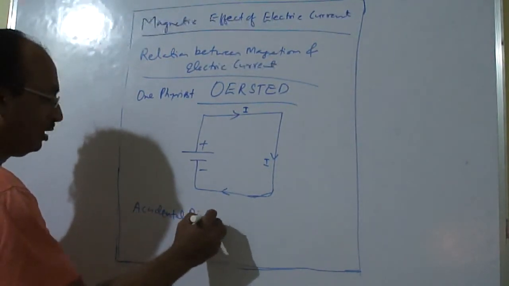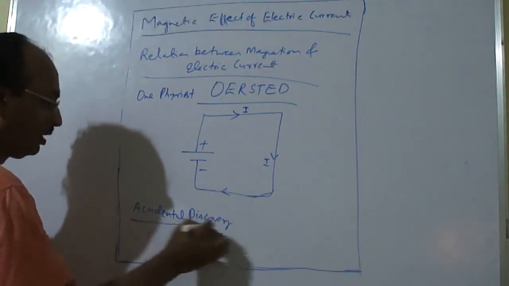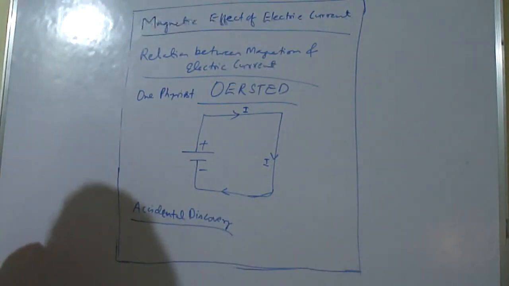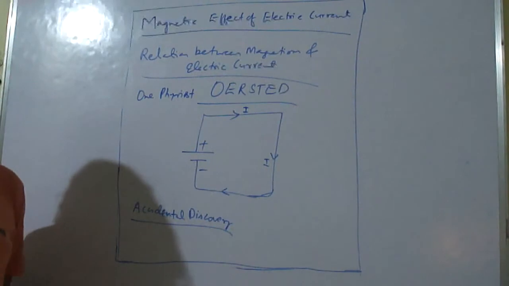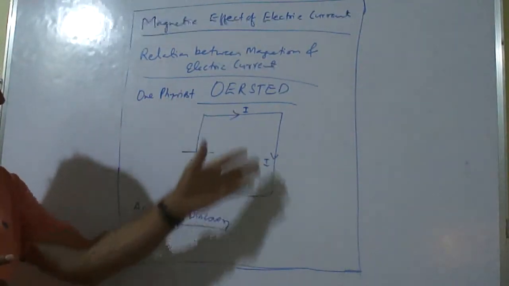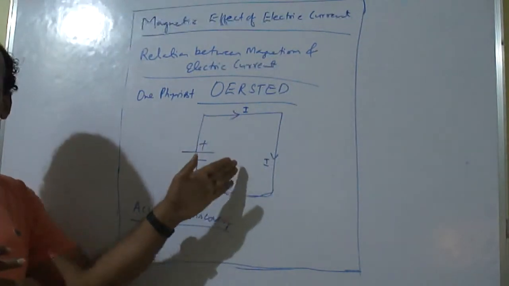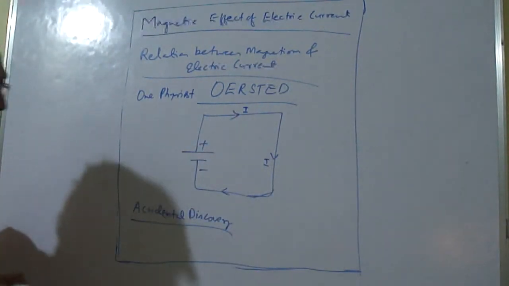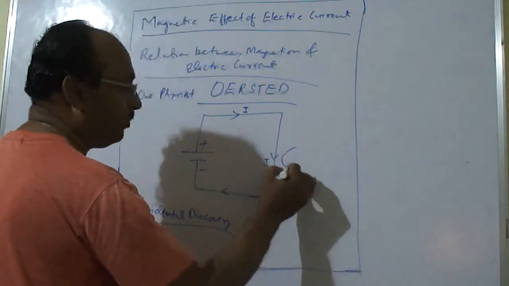Sudden observation. Not with any plan at all. So it was a sudden observation. What he observed was that when a current is flowing on a wire, and one compass needle